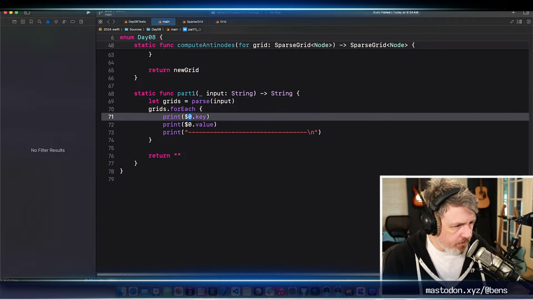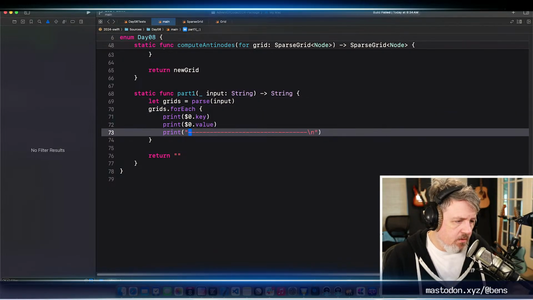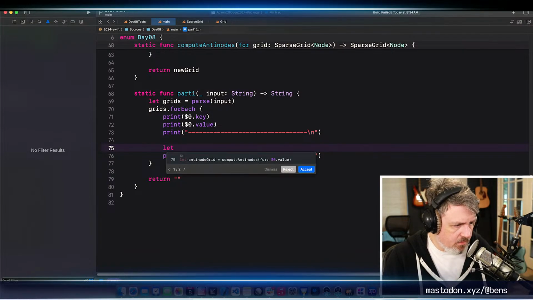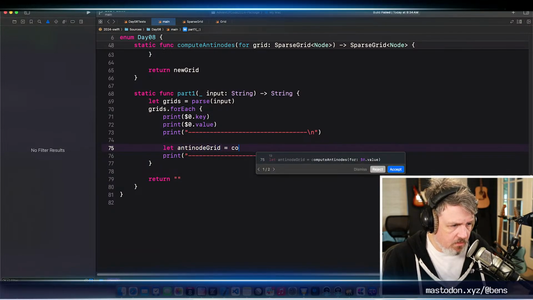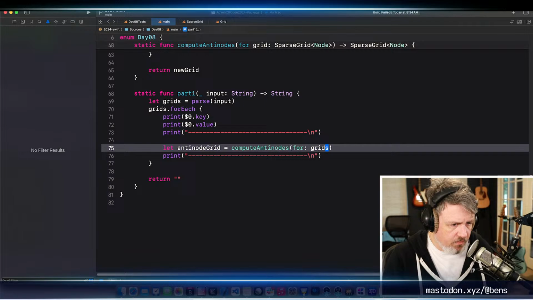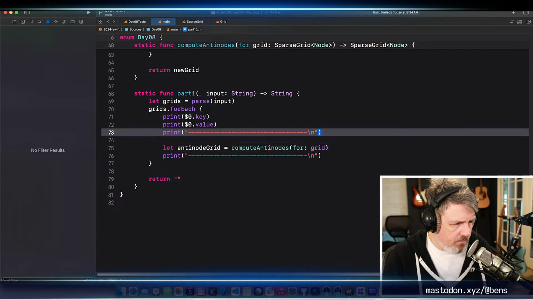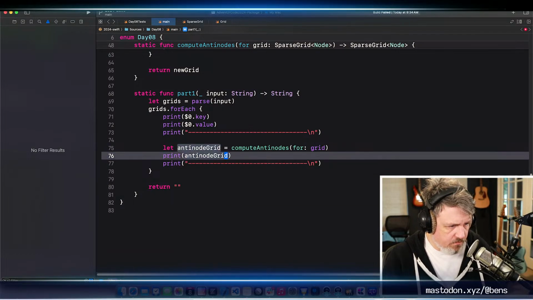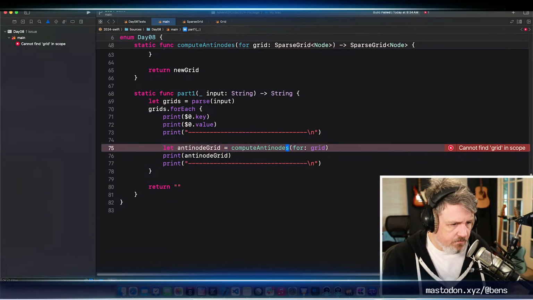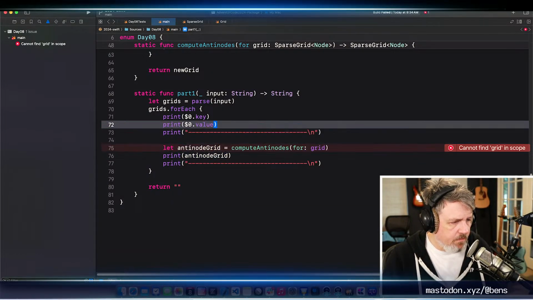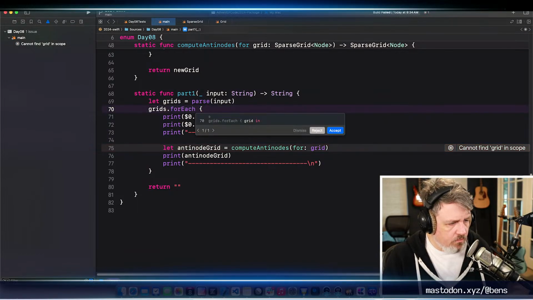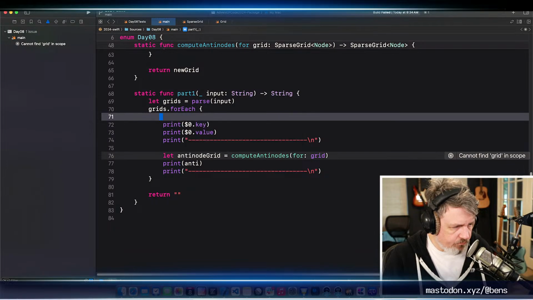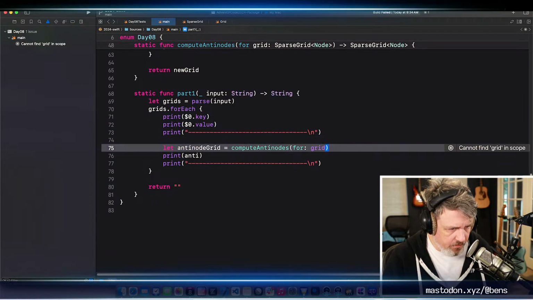So for each grid, we start with this, we print it out, and then let's compute the antinode grid. Compute antinodes for grid. And then we're going to print out antinode grid. Yeah, $0.value here.